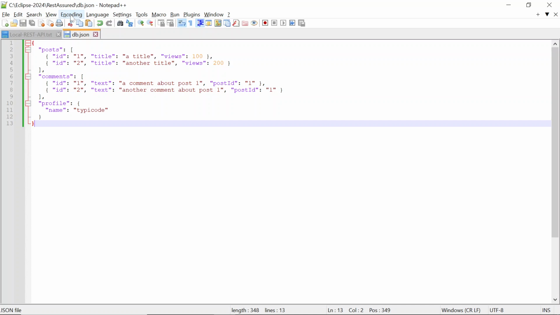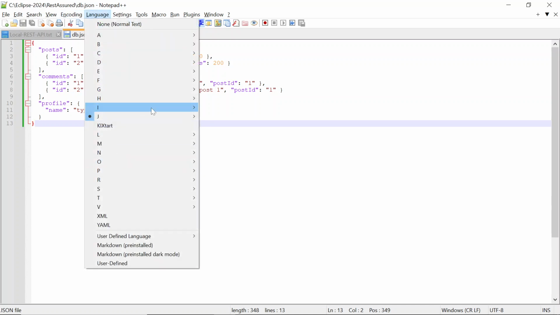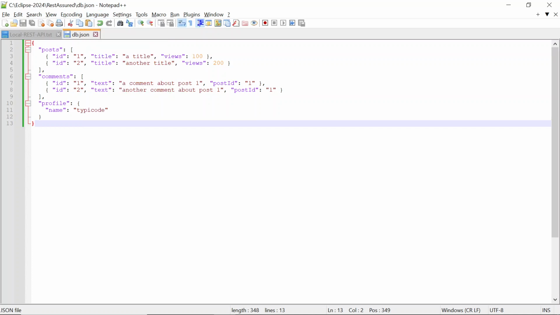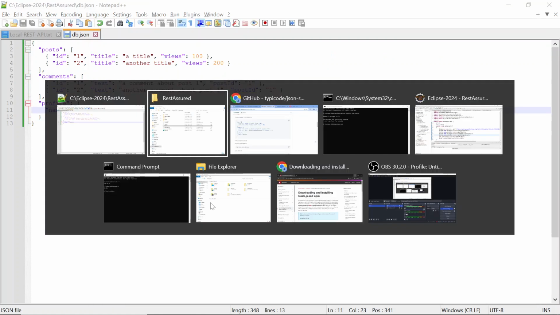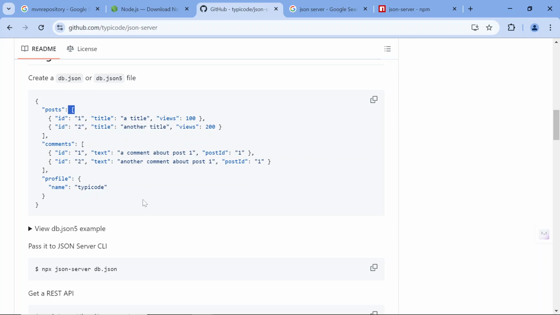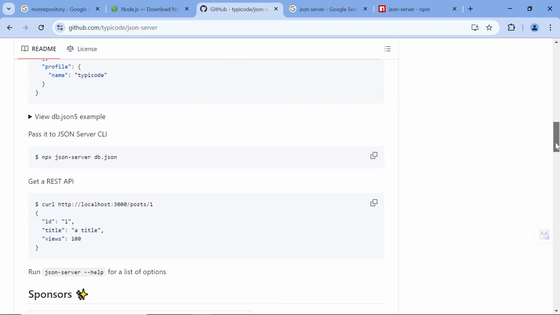We can change the encoding also, and we can change the language to JSON. It has already detected the JSON, so it has set it already. Okay, so this is what we have as of now. If you want to change anything on this, you can go ahead and change. And then what you have to do is